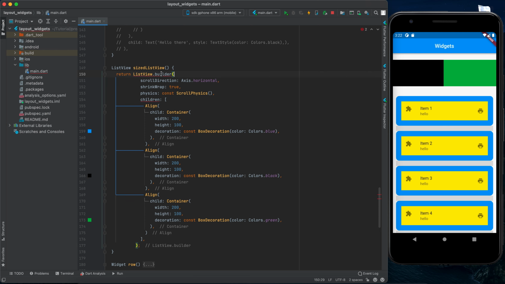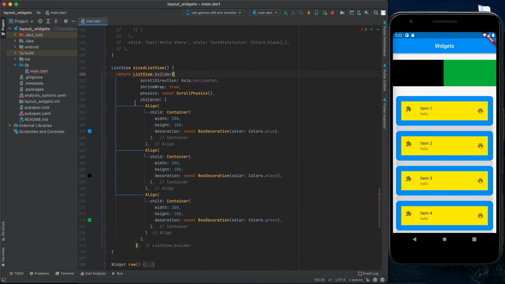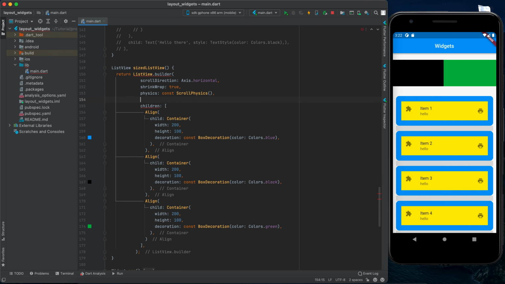Then we will have two different errors. The first error is ListView.builder. We need to pass item builder, and item builder is pretty much the same like ListView.separated. We have to pass build context and we have to pass integer to it, and we don't have children actually in ListView.builder. The children or child property will be inside the builder, so let's pass a builder, item builder, saying